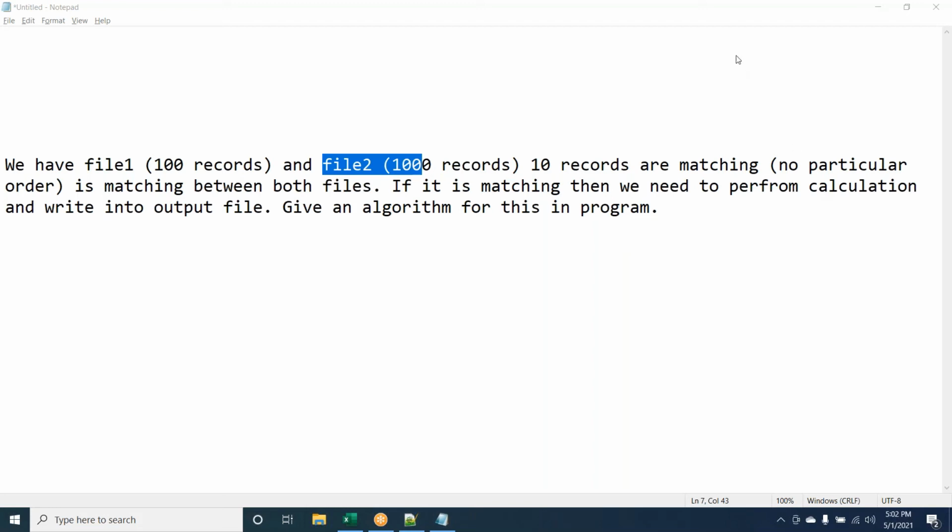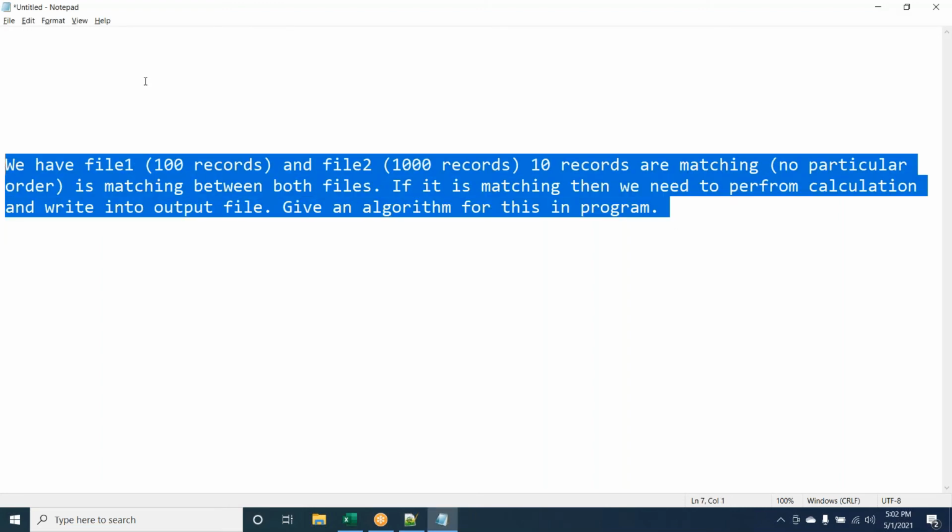No, we just need to get a key from both the files and perform the file matching logic. Before writing, we perform that operation and write into the output file. Yeah, I also agree with Dinesh because I have recently built this project. Directly we can give the record, not for every field do we need to check whether it is matching or not. We are considering the record, right? Because subscript or array will have a higher time complexity compared to this.